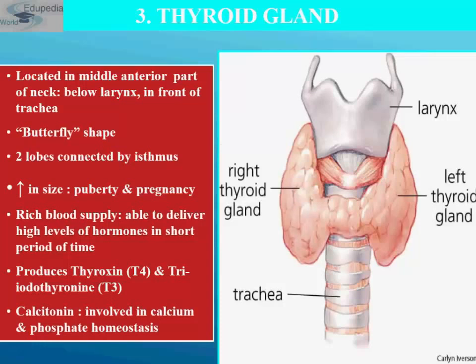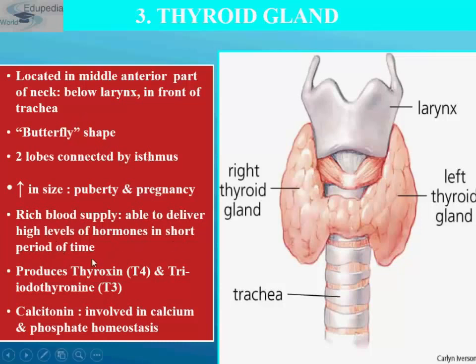Now the thyroid has a rich network of blood capillaries. The thyroid shows variation in size and structure with age, sex, temperature, nutrition, and iodine content of blood. The thyroid gland increases in size at the time of puberty and pregnancy. And it has a rich blood supply, as I said, so that it is able to deliver high levels of